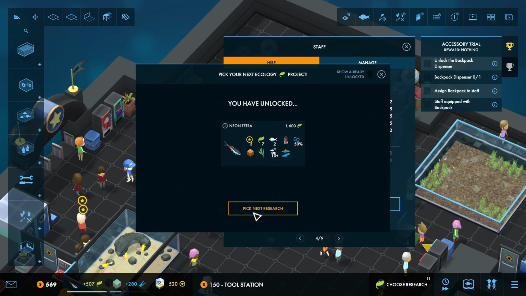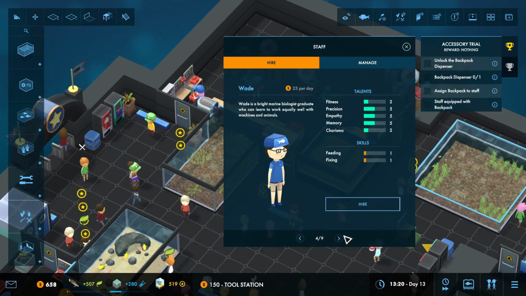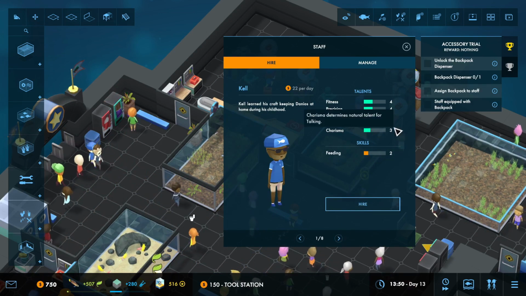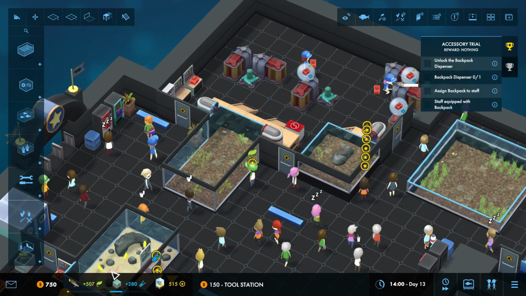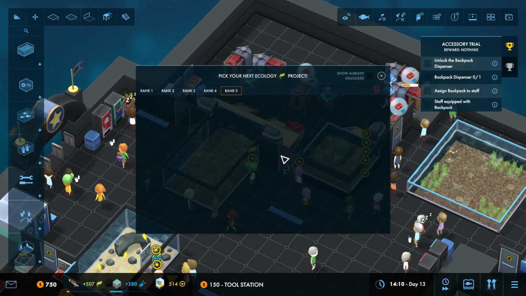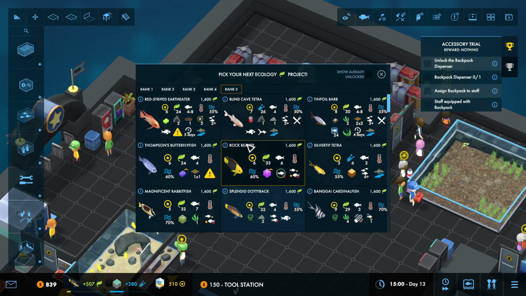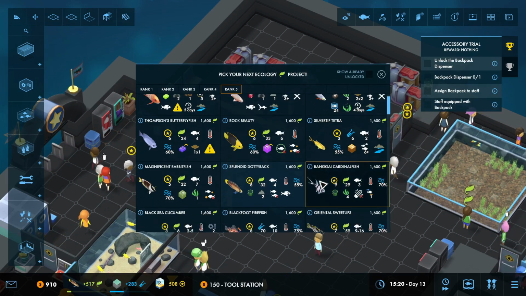Here's our neon tetra. That's not who I meant to do. We will do... and then we'll hire Jim. Alright. So, really quickly, because that's not who I meant to select. Because that was a saltwater fish. And I really want freshwater fish. So we are going to look at